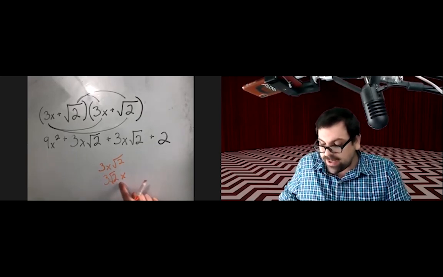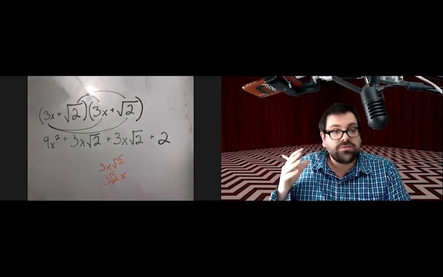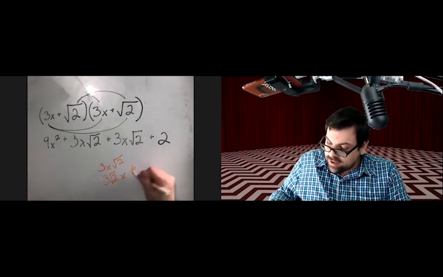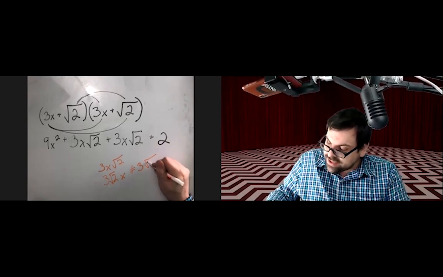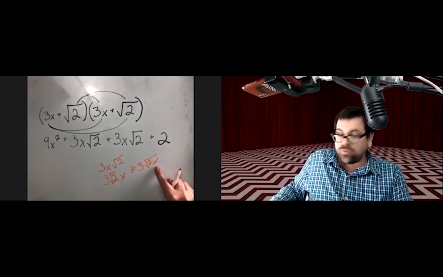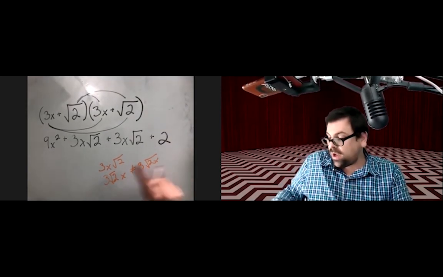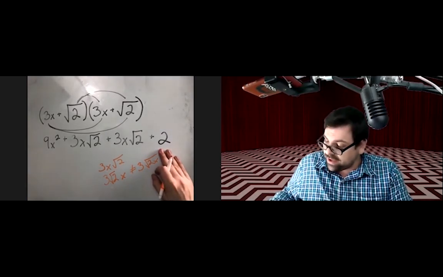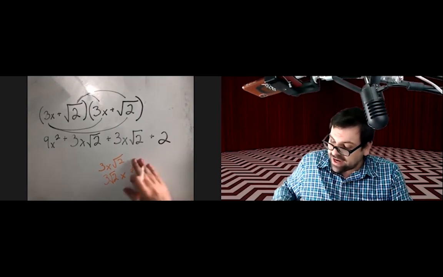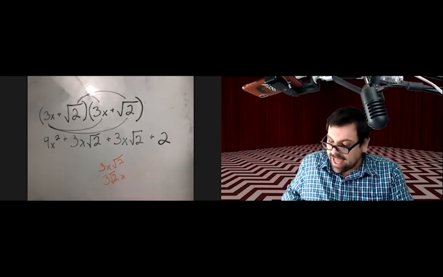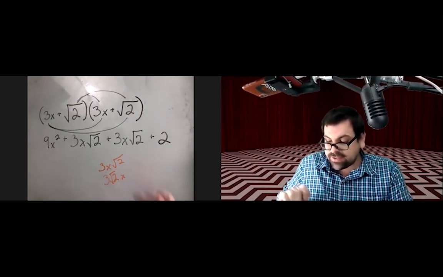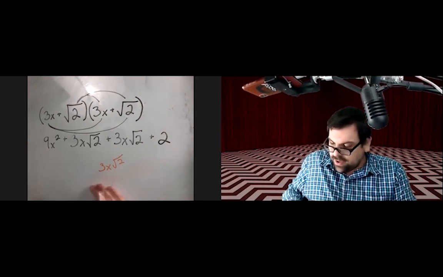But when we write it like this, there is very easily going to be confusion between this and what is definitely not the same, 3 radical 2x. Where does the radical actually stop? We avoid that altogether by making sure that the radical factor is written last. So instead of 3 radical 2x, 3x radical 2. Anyway,